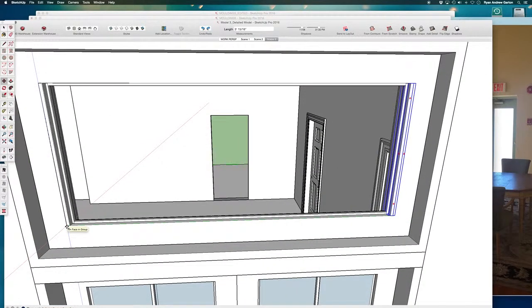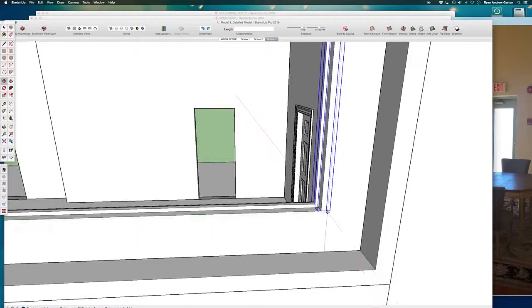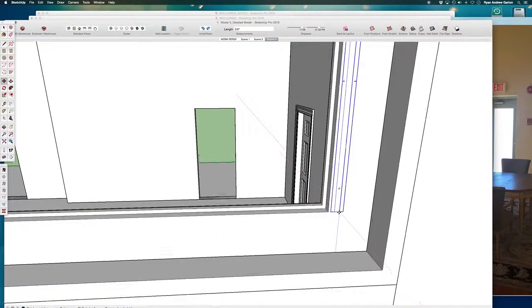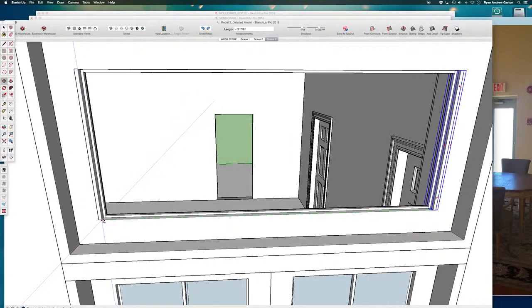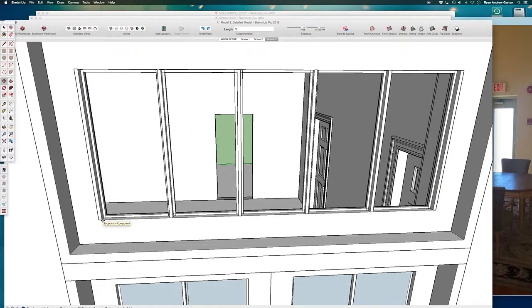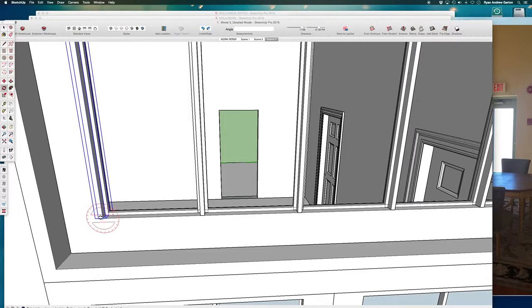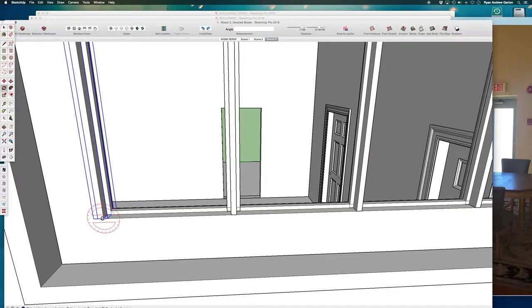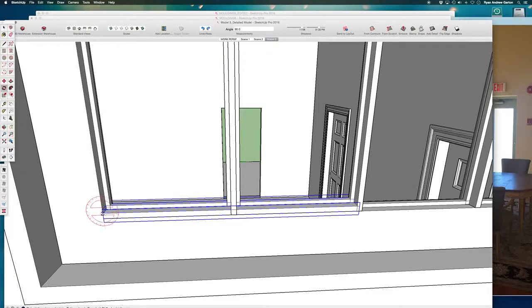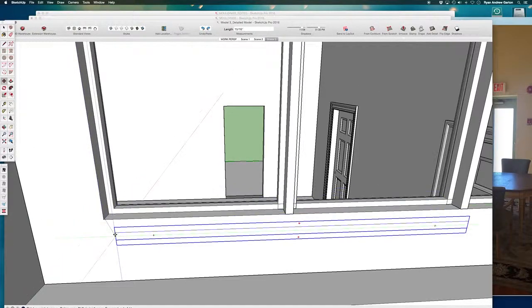So I'm copying from that same point. Whoops, I grabbed it from the wrong point. So I'm going back to this point here, and I'm copying it over. Divide by 5. Okay, great. Now this one I'm just going to rotate and then edit so that it's the vertical one. Grab it from its midpoint in the back,